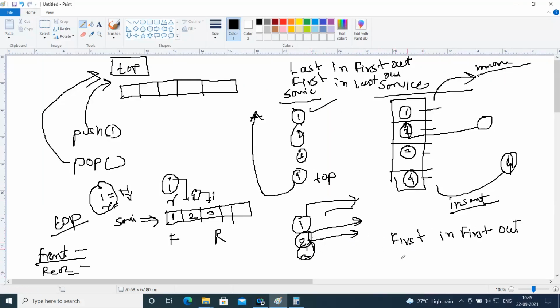Or if I reverse it, you can also write it like last in, last out. If you enter last in the queue, you will get served last. So first in, first out and last in, last out both indicate the same thing. In the case of stack, last in, first out or first in, last out indicates the same theory.